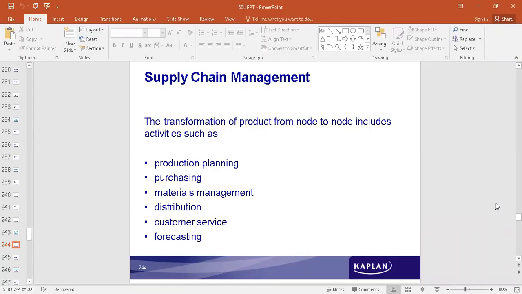What is the production duration, etc.? All that will be looked into under the production planning. According to the requirement of the production, how many units will be produced? See, production planning again has to consider